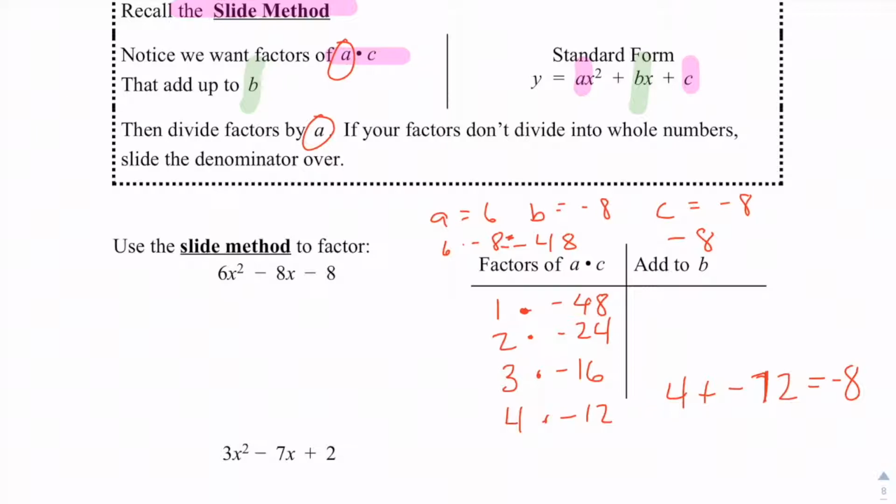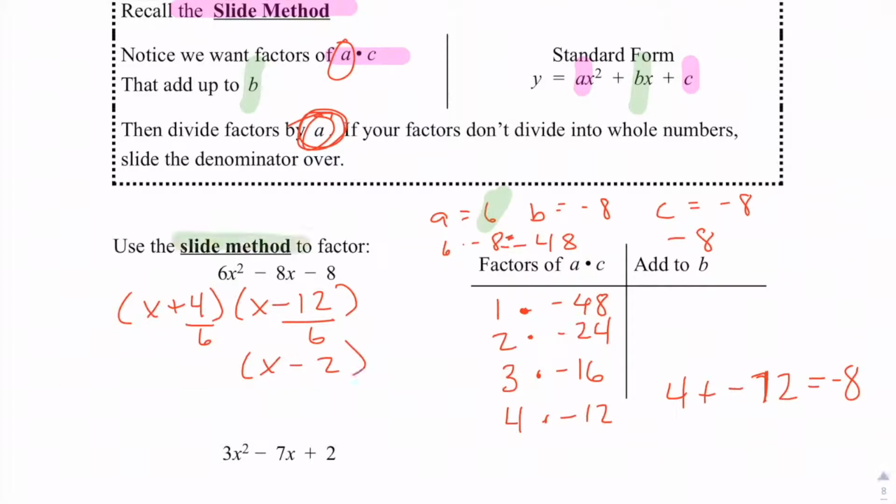So there are two factors, so we want to write those in factor form. So we have x plus 4 and x minus 12. But remember now, we got to divide back out the a, and a is 6. So we want to divide 6 here, and we want to divide 6 here. The first thing we notice is that 6 evenly goes into the second one. So that one is just going to simply give us x minus 2. So 6 does not evenly go into 4, so we want to slide that to the front, and that gives